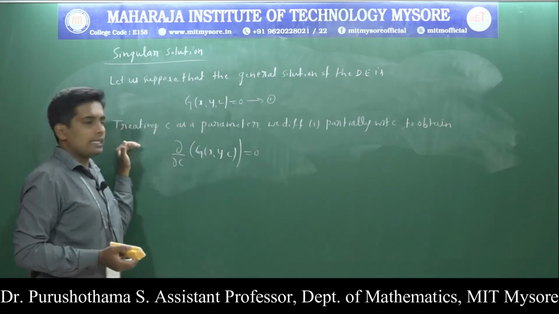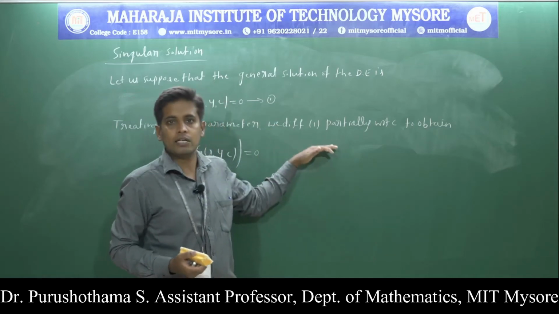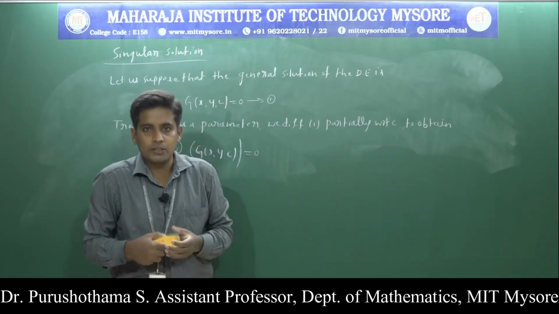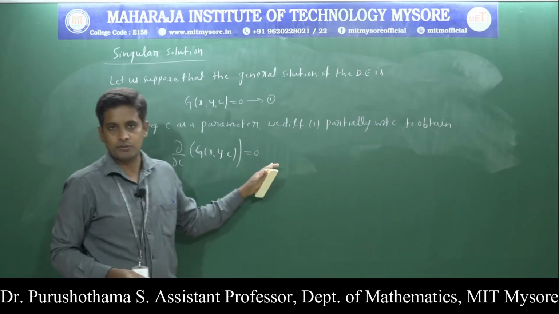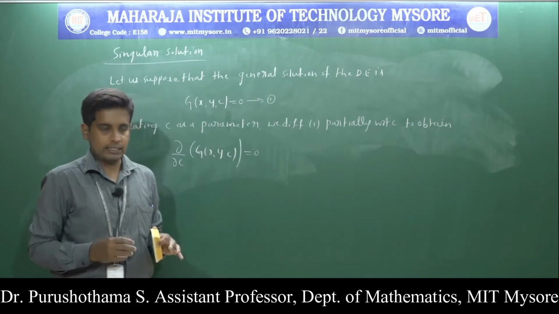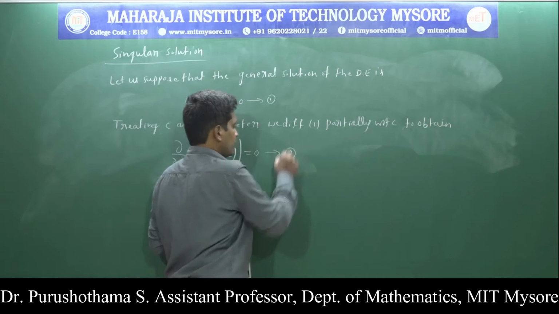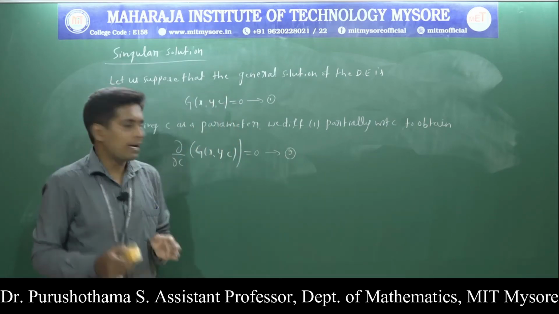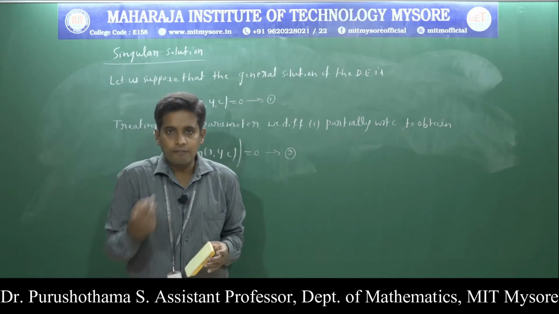Treating c as a parameter and differentiating equation 1 partially with respect to c, we denote this as equation 2. Eliminating the parameter c from 1 and 2,